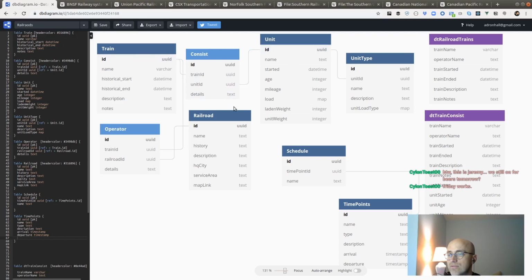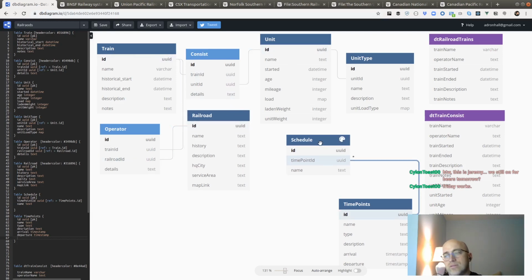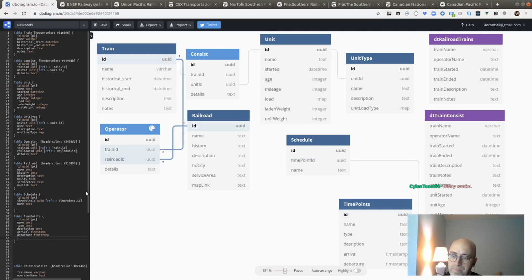And then we should have a railroad has many schedules. Should I cascade that out of the relationship out of railroad, or should I just leave schedule by itself? I kind of think leave it by itself. But also, what happens if we make it relate back?